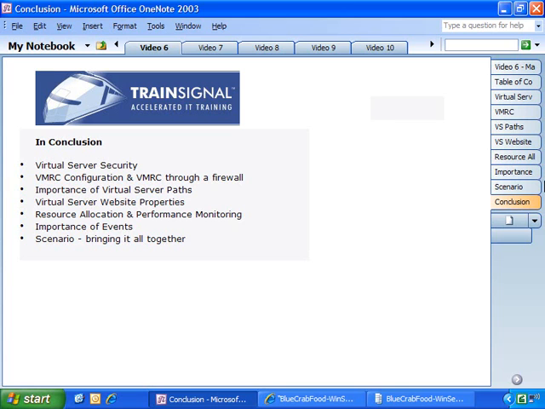We learned about performance monitoring, different ways to do that inside the host operating system or inside the guest operating system. And a little bit later in the series, we're going to talk about some other performance monitoring tools. We learned about the importance of events and how virtual server many times doesn't tell you if something went wrong. It's really up to you to go to the event log and check to see if what you did actually